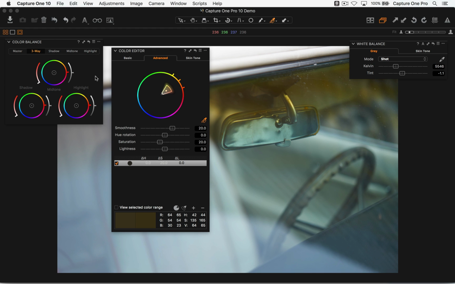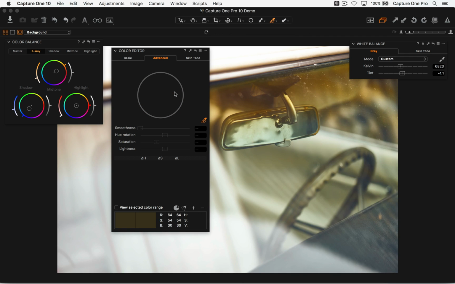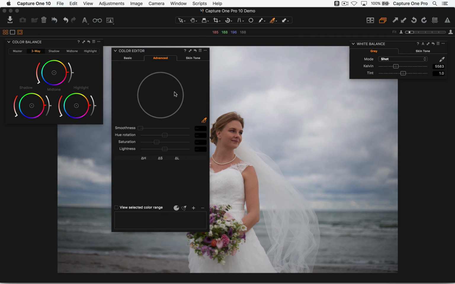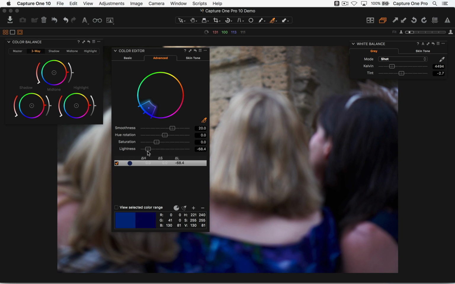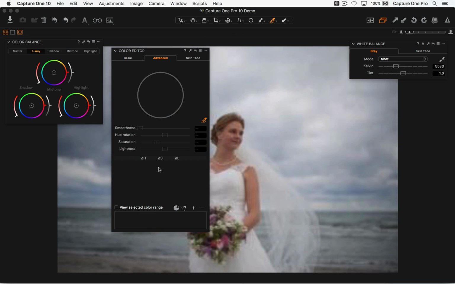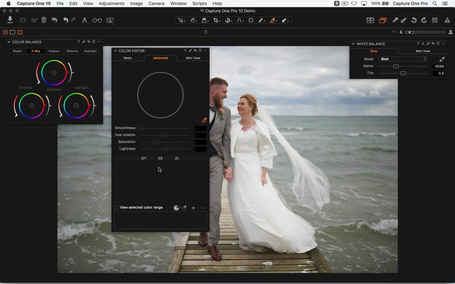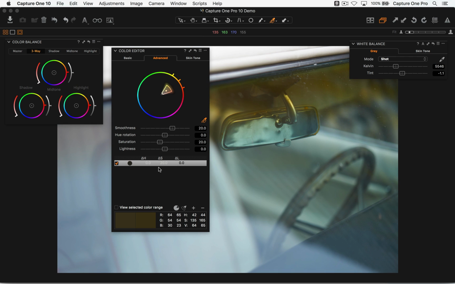So two quite different tools. The color editor, again, is designed for targeting. Let's just find something with a bit more color. Here we go. So the color editor is designed for picking a color and then changing the appearance of that color, however it may be. And the color balance tool is designed for placing a color grade over the whole image itself.